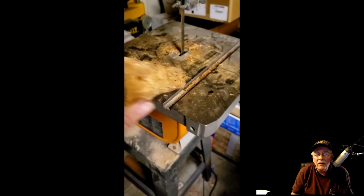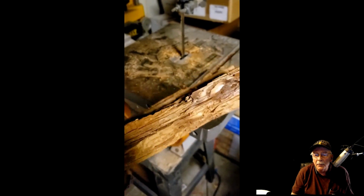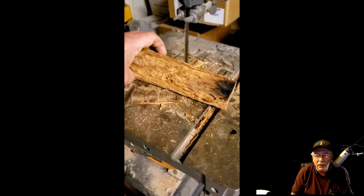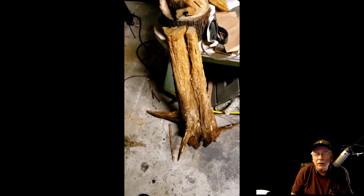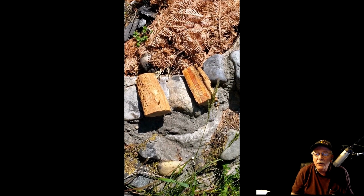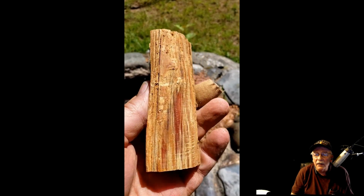You can see here that it's quite solid on the interior portion of the wood with pitch. This piece is extremely heavy. It's about 3 pounds, that little piece of wood there. I'll cut it in half again and make a couple 4 to 5 inch pieces out of it. Then I'll take them over to the outdoor fire pit, and I'll just clean them up with my